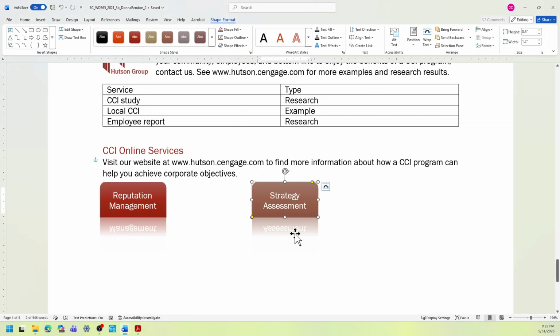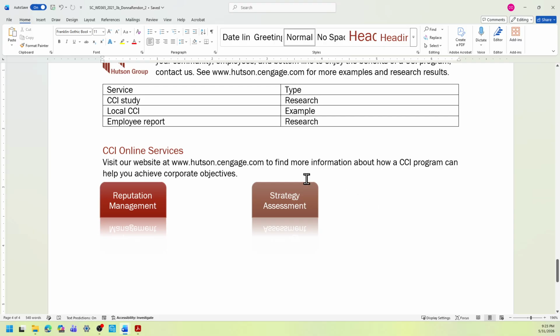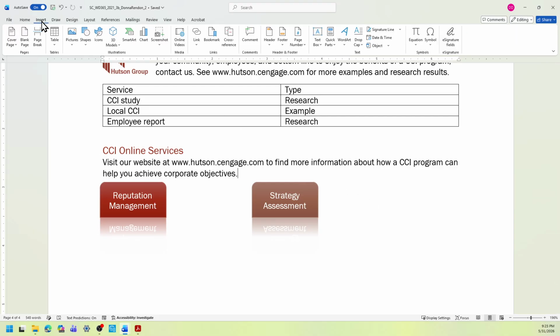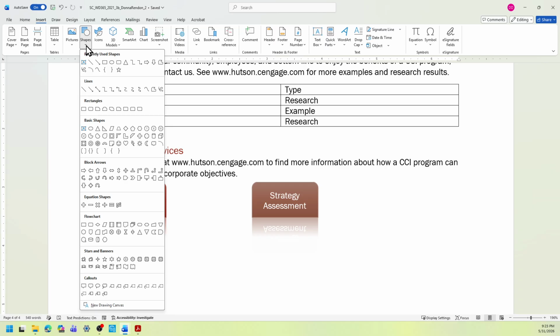From here, you're going to select the insert tab, go to the shapes drop down menu, and look for a rectangle but with top corners rounded. So rectangles, rounded corner, but we only want the top corners rounded.